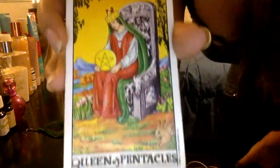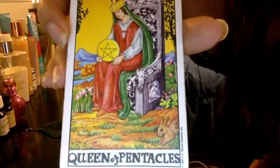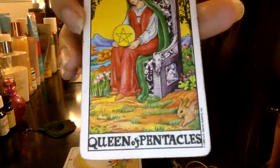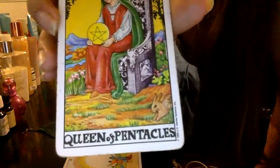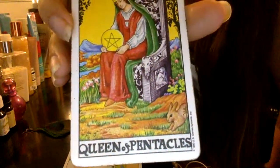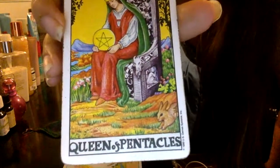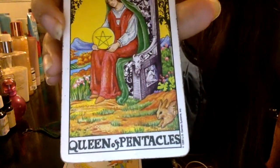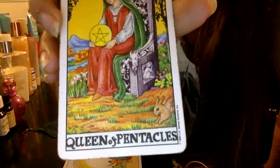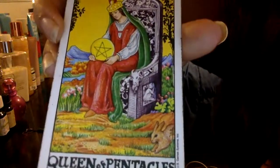And I feel like part of the advice for you, aside from an increase in your finances, is to go out in nature and be one with nature. Aside from children bringing you most of your joy, when you're out in nature, it really helps you to connect with your soul and be one with the universe, be one with yourself, and heal your inner soul and connect with your inner child. I feel like you're able to do a lot of healing when you're with nature,